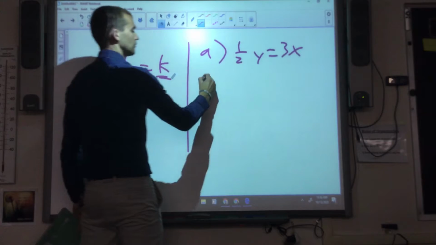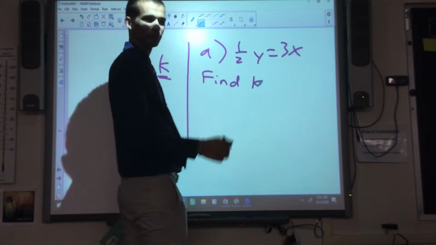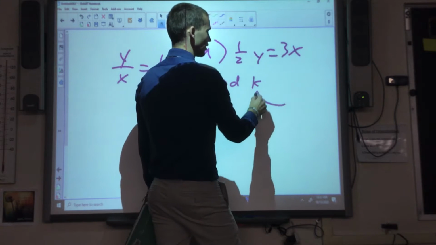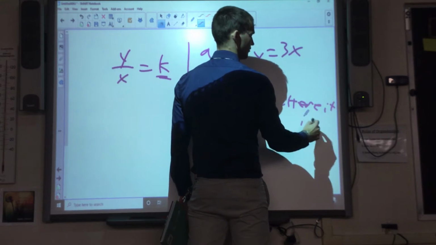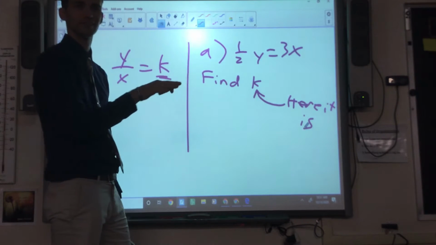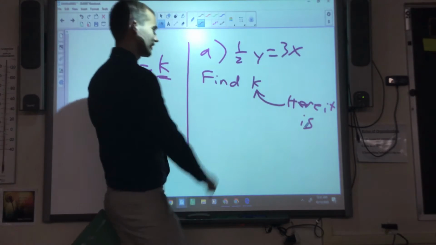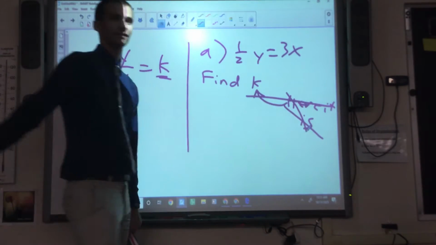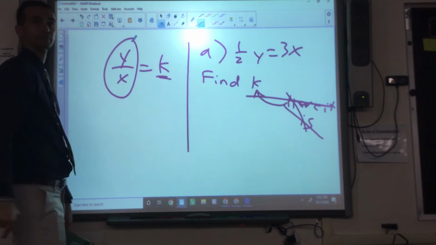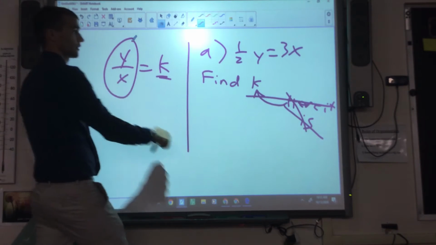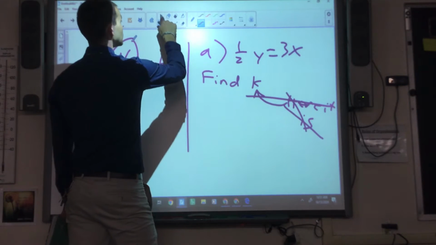They're saying find k, and you're not just supposed to draw an arrow and say, here it is. That doesn't work. That's not finding k. I've seen it on t-shirts and stuff, it's funny, but that's not what they're saying. They want you to get y over x. So if I look at this problem right here, I'm gonna